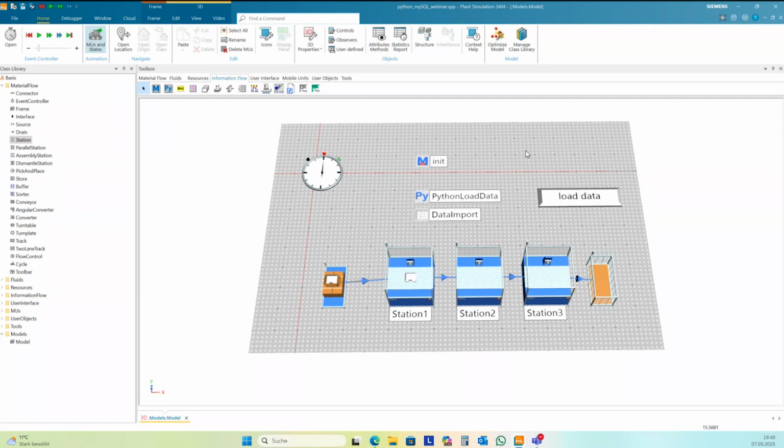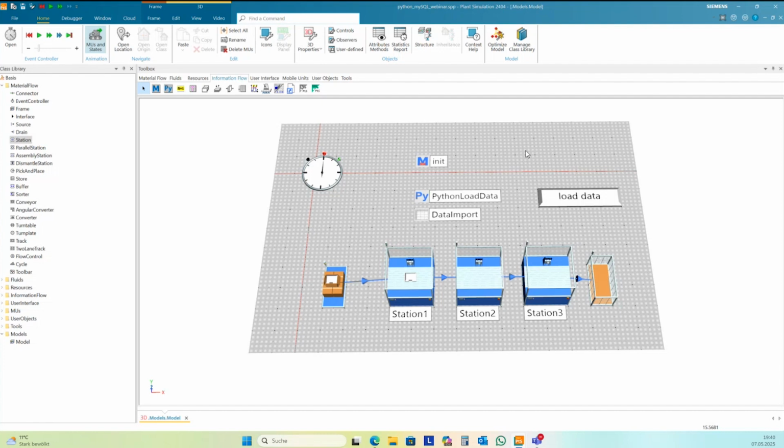One way would be to make an endless loop and update the data each 10 seconds.